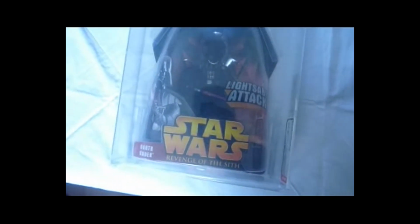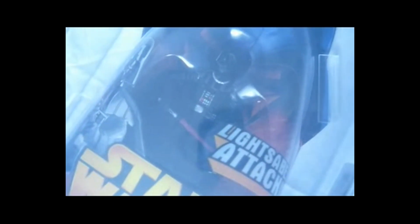Okay, one more look at Darth Vader, quickly, lightsaber attack. Sorry about the lighting, it's quite bright today. So there you go, Darth Vader. Let's see if I can get a better look at the